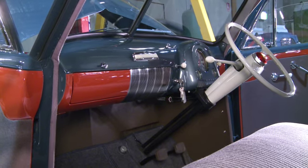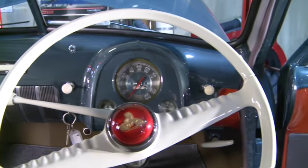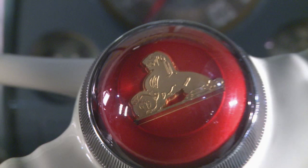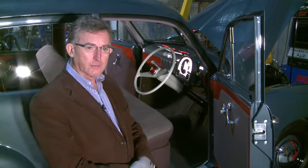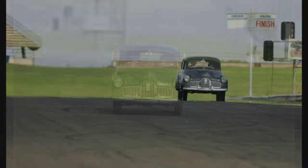The Holden prototype has had some work done on the engine, and quite recently we needed to run the engine in. Of course, this is quite a problem for us in that it's a vehicle of very high value and great significance, so we can't possibly run it in on the open road. That's where we're fortunate in collaborating with our friends the NRMA, who provided access to the Oran Park racetrack, and we were able to take the vehicle out very safely and in very controlled conditions to do some test runs and get the engine up to speed,